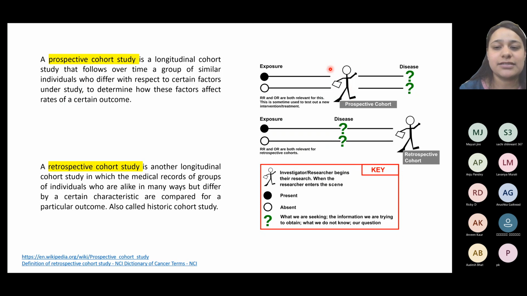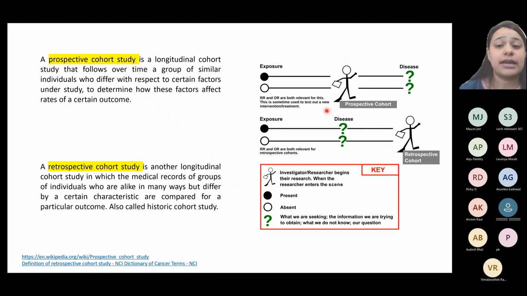So this is where the research started, right? This particular man depicts where the researcher came in and where the research started. And now this researcher is going to study these groups of individuals for some time, maybe weeks, months, years, decades, to see